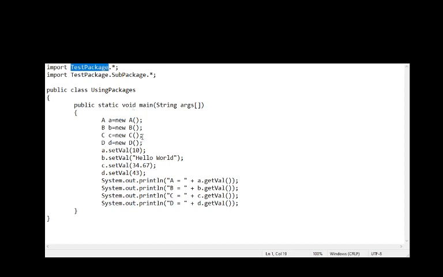So under the current folder, we have to create a subfolder called test package, and inside the test package, we have to keep the class files for A, B and C. Then inside test package you have a sub package, so you have to make again a folder called sub package inside test package. And then the class file of class D should be kept inside this subfolder.